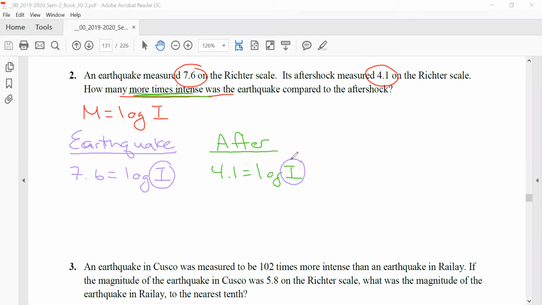Again, base stays the same. This is a common logarithm, so my base is 10, and the other two parts switch. There it is. I'm going to do the same thing for the aftershock. Now it says how many times more intense? When I want to figure out how many times more intense,